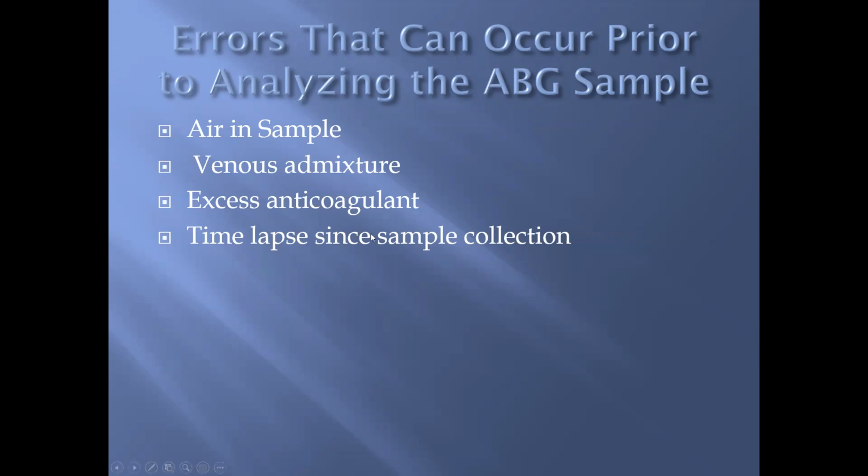And then the time lapse since sample collection. If you draw the sample and you can't get to the blood gas machine right away, it's recommended that you put the sample on ice if it's going to take you longer than 30 minutes to get to the blood gas machine. So I remember doing morning rounds when I was at Florida Medical Center, and you get there at 6 a.m. and the first 40 minutes, it's just drawing everybody's blood. And then you stop that and then you go and get report for the patient. So you're going from one room to the next, drawing the blood, and you stick it on ice so that by the time you get down to the blood gas lab,